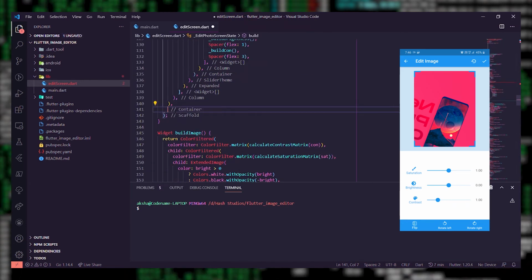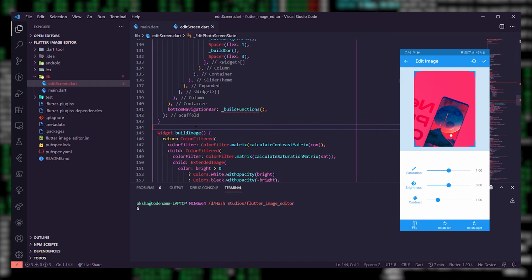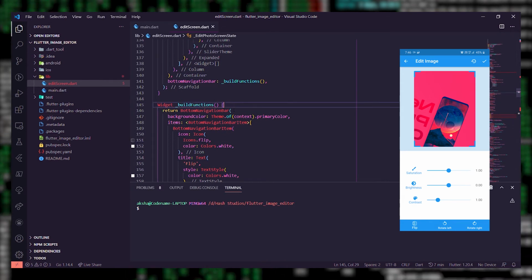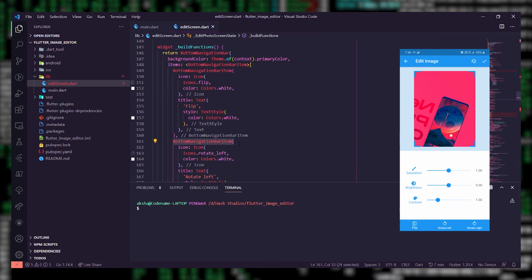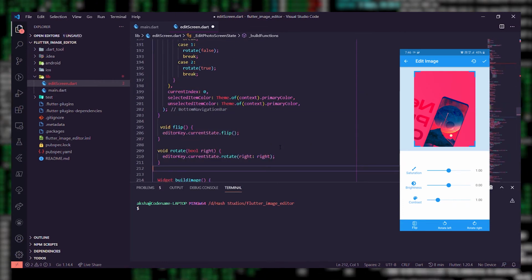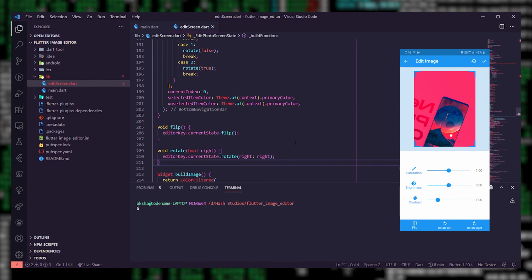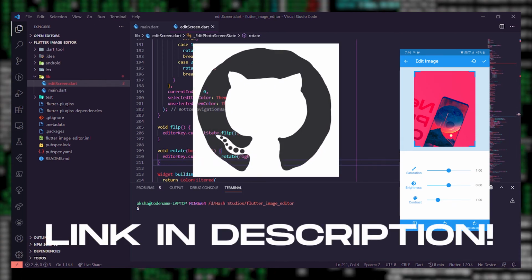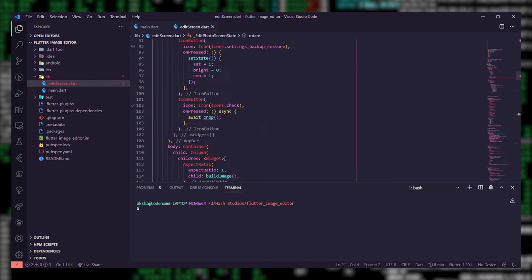At last, we just need to create the bottom navbar, which includes flip and rotate functions. For that, we can simply create a widget build function which has 3 bottom navbar items which do flip, rotate left and right. Now for these we just need to create 2 simple functions to flip and rotate, which will simply use the editor key from the extended image widget to do so. I am missing some obvious nitty-gritty details from here to make this video short, but you can check them out in the code, the link is in the description below. So this completes the edit screen, and now let's see how to create the save screen.